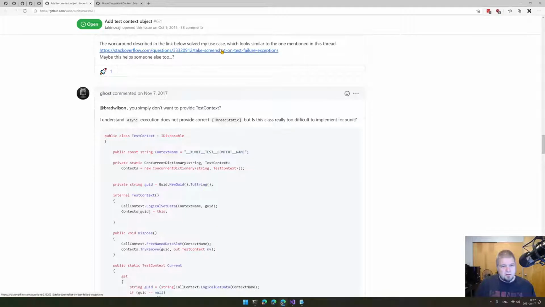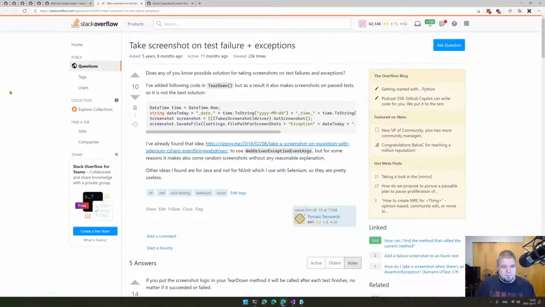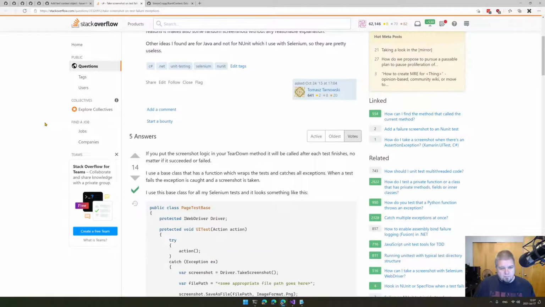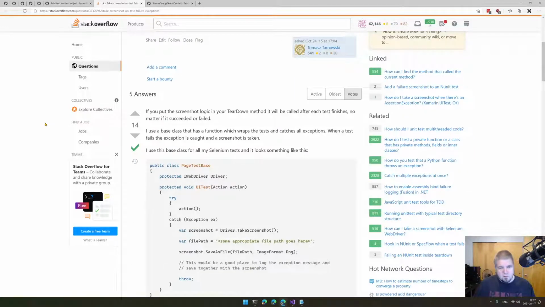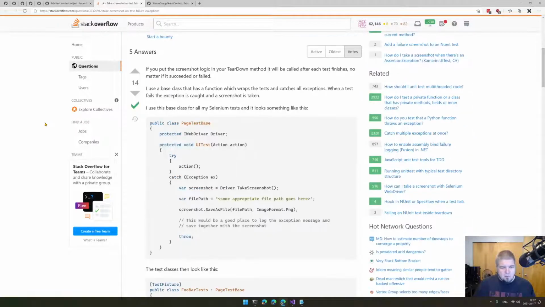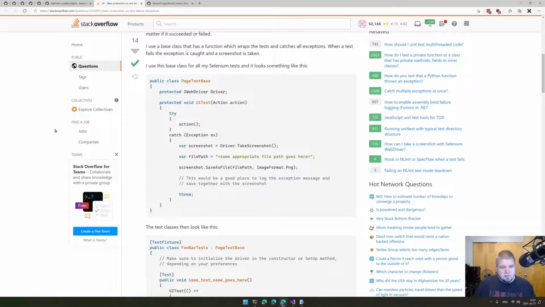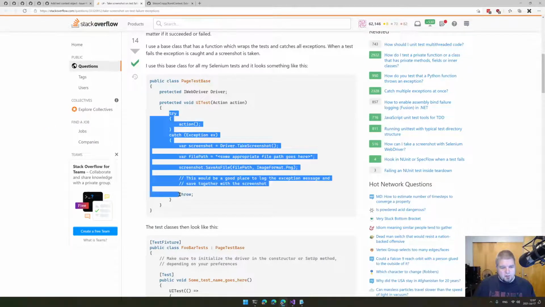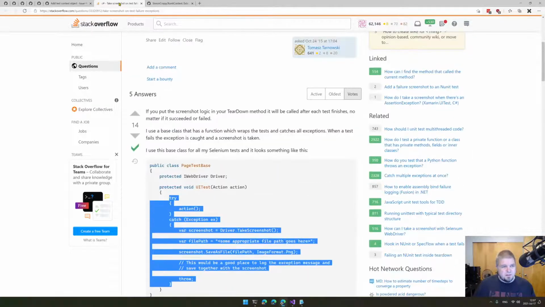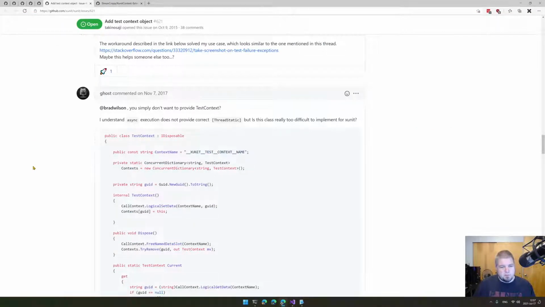So this is a workaround. I actually haven't looked at this. Someone is basically wrapping their own try-catch around the test methods. Yeah, that's not really a great workaround. I mean, it works, but